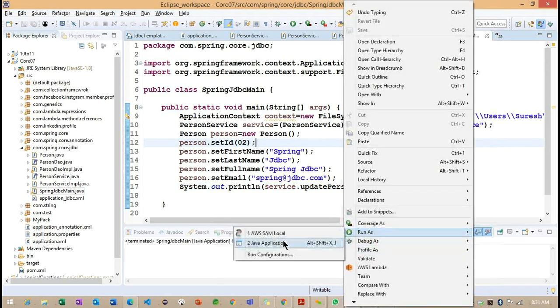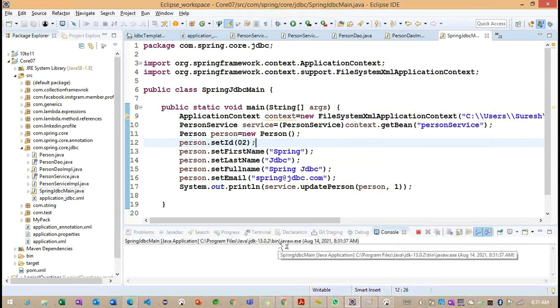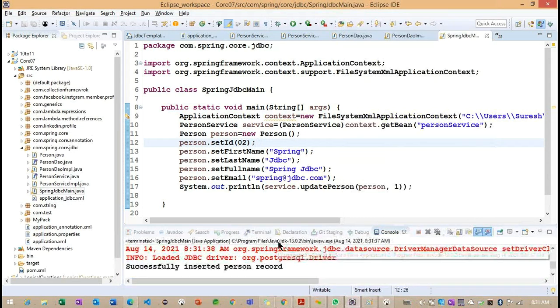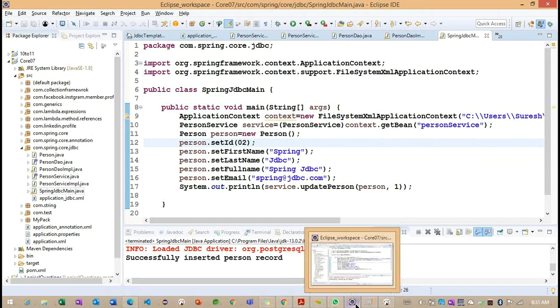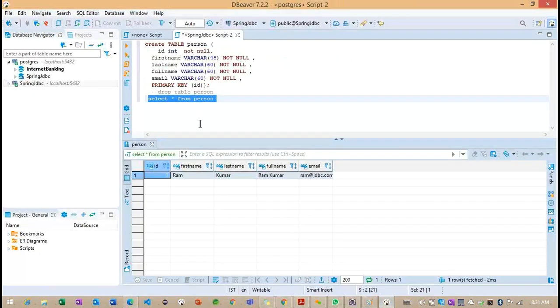Let me run the same query here. So what are the properties going to be updated here? So now you can see successfully inserted record here. The same message we are calling here, but now we need to see what is the information we are going to get here.